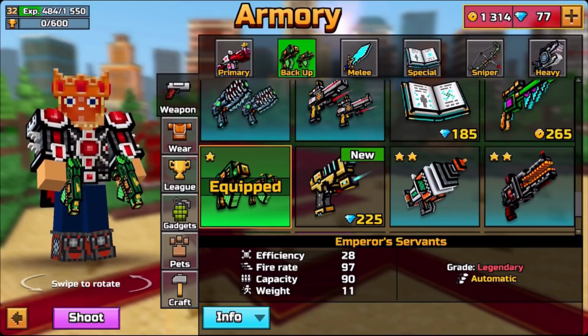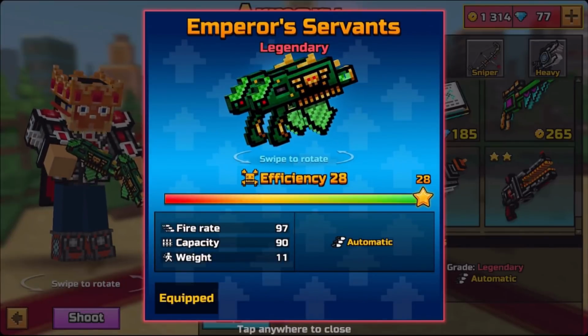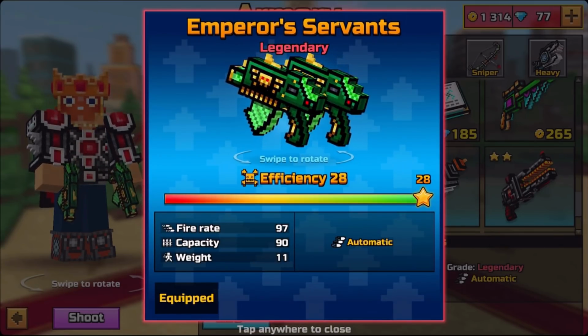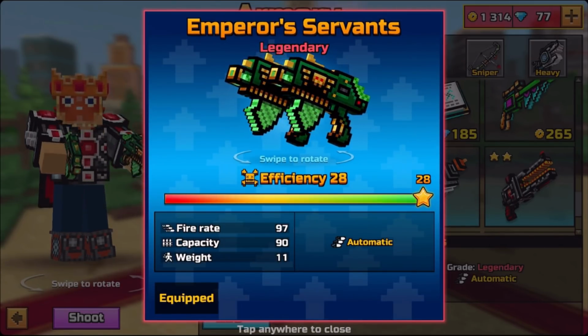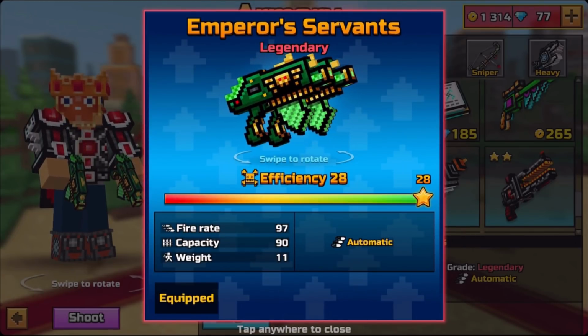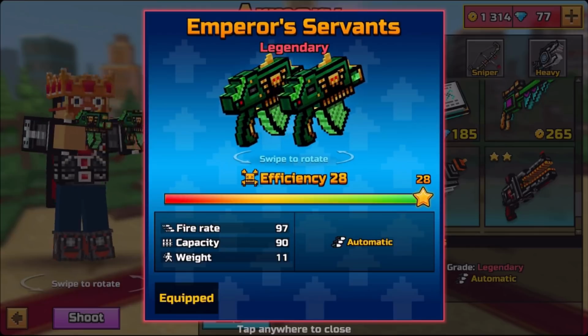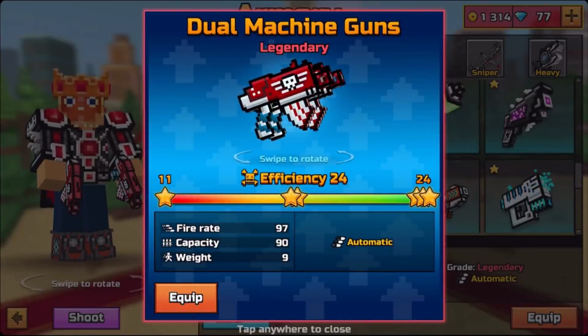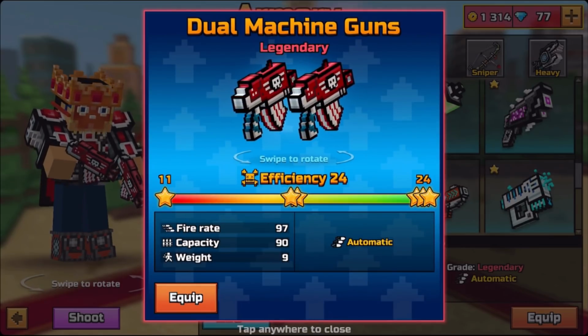These weapons are really similar to the dual machine guns, but I really enjoy the way they look. Look at them. They look like freaking beasts, guys. They're the Emperor's Servants, and oh my god, these legendary Efficiency 28 backup weapons are freaking awesome. They destroy enemies really fast. They really remind me of what the dual machine guns used to do back when they were first released in